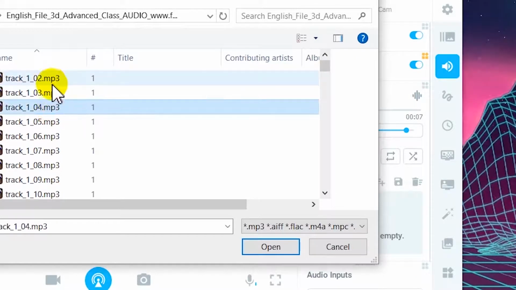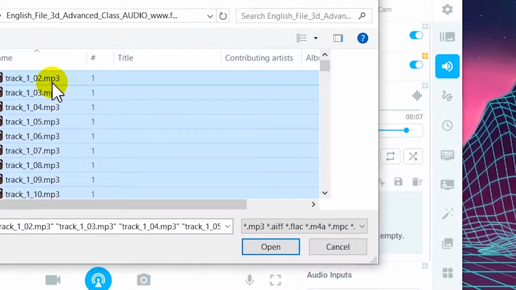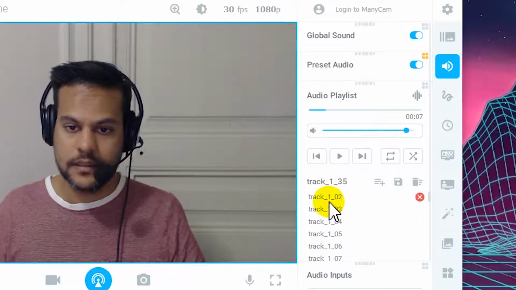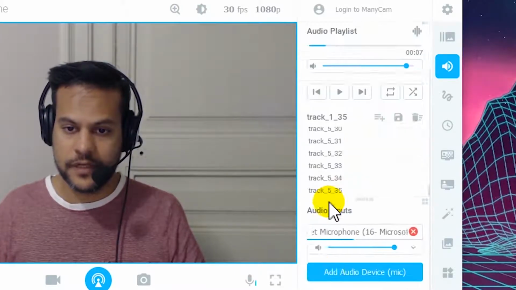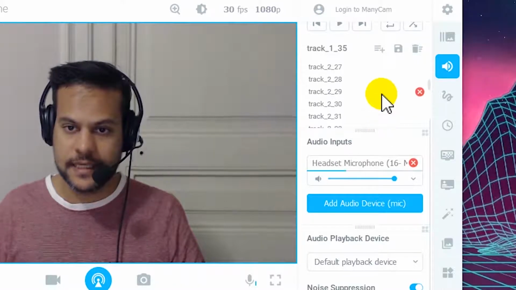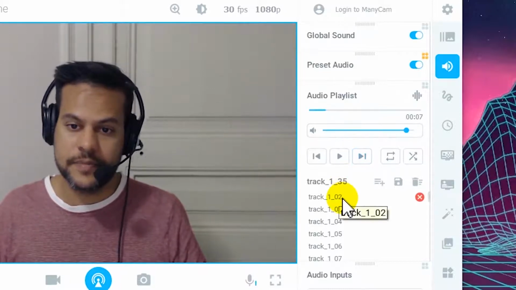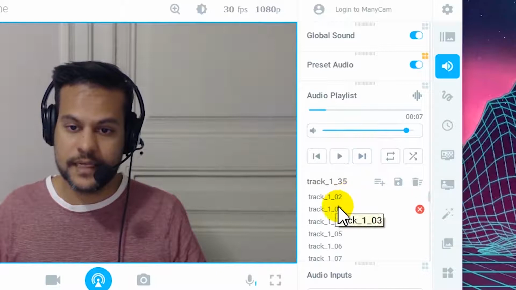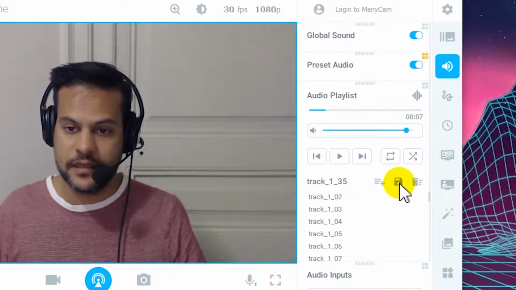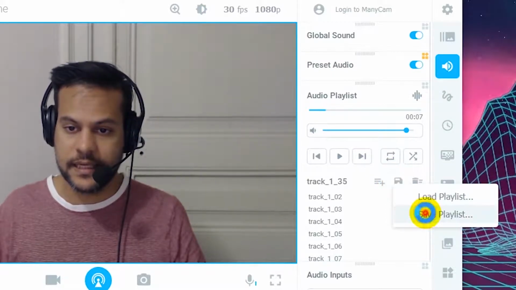Either way, we're going to select all of the audio files in this folder, press Ctrl and A to select all of the audio files in the folder. Click open. Now you have all of the audio files for the student book that you've selected. Okay, from here you can start creating playlists. The most basic thing would be to just make one playlist for everything that's in here. So to do that, we can click the load save the disk button, click save playlist,